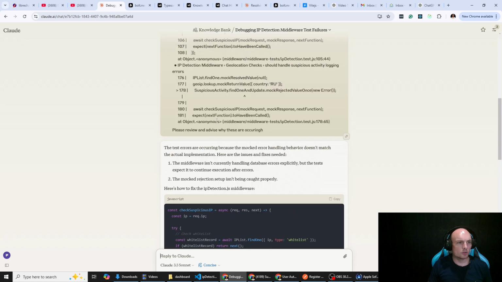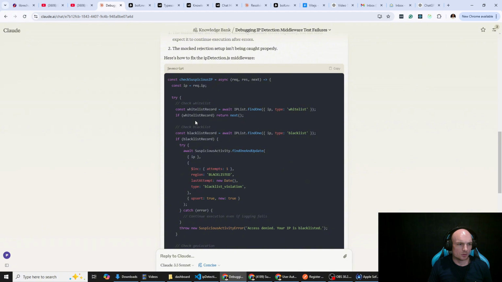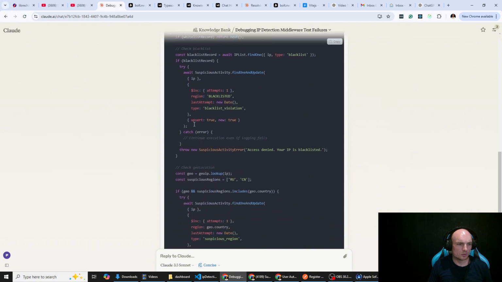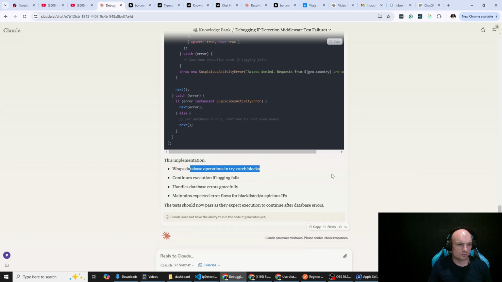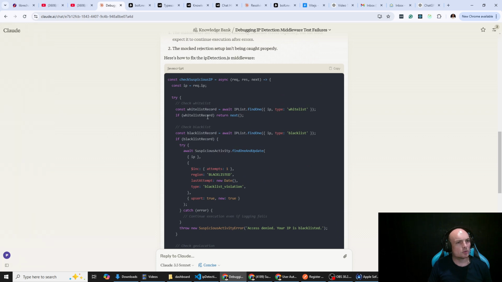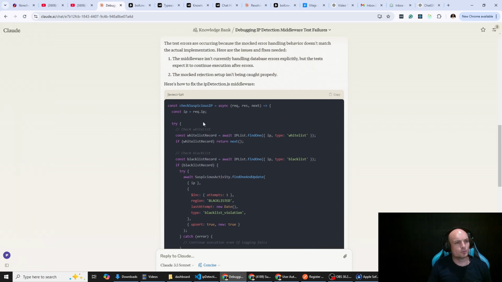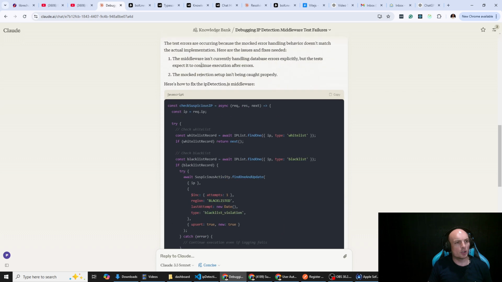Right, so these errors are occurring because the mocked error handling behavior doesn't match the actual implementation. Here are the issues and fixes. Okay. Interesting. Okay, so